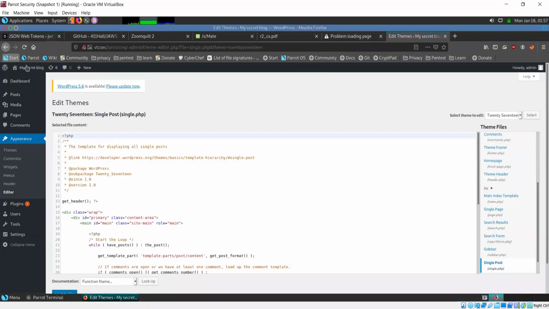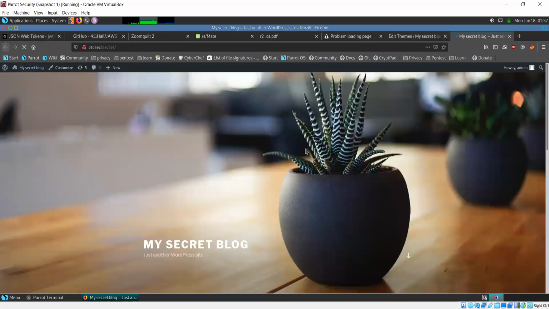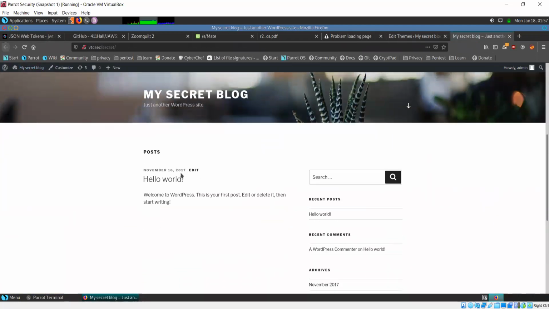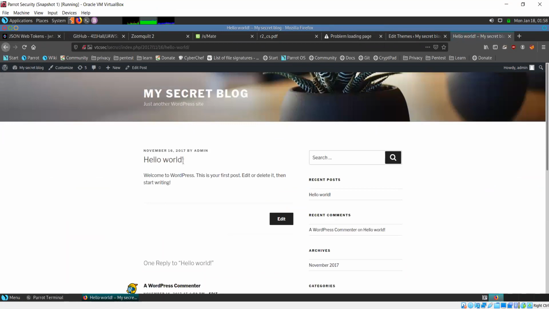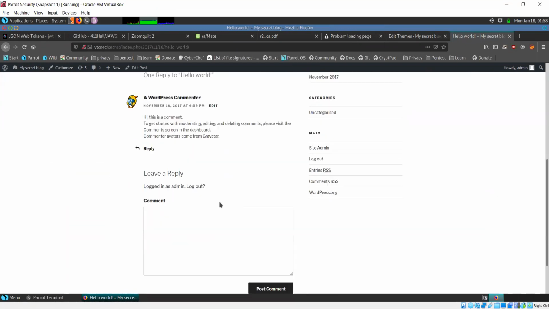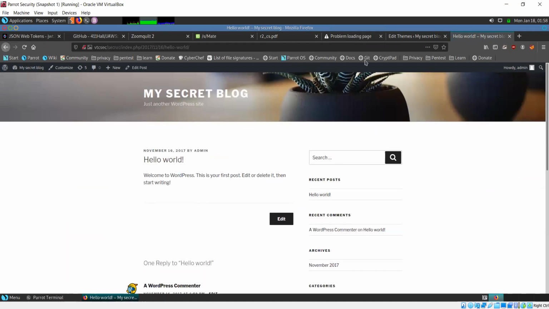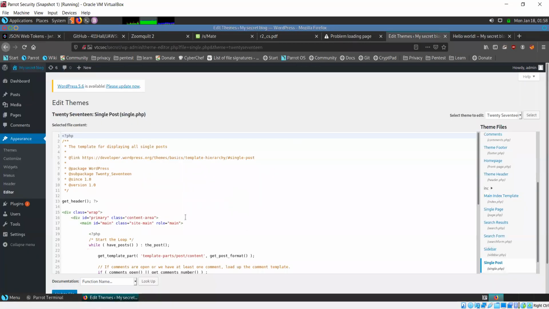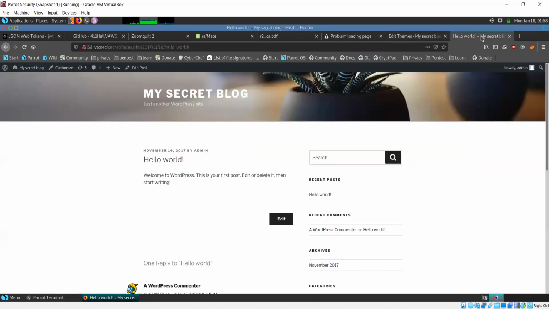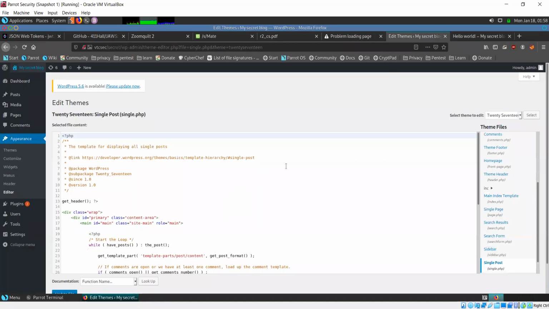Okay, and actually this will become clearer if you go to the website. So let's say I go to this blog. Now when I click on this post and I see this, the post and the comment and everything that is a part of this page, all that is defined by this template. So what appears when I click on a single post is defined by a template. Which template? The single post template.